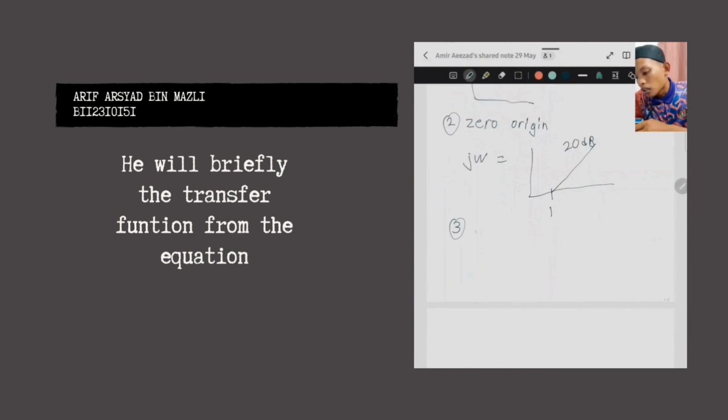Third, it shows at the equation 1 plus jω over 2. Okay, this is a simple pole. Okay, the graph